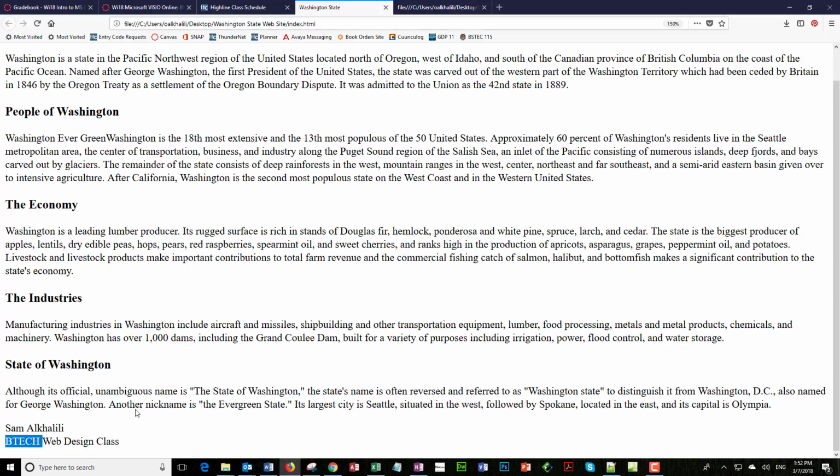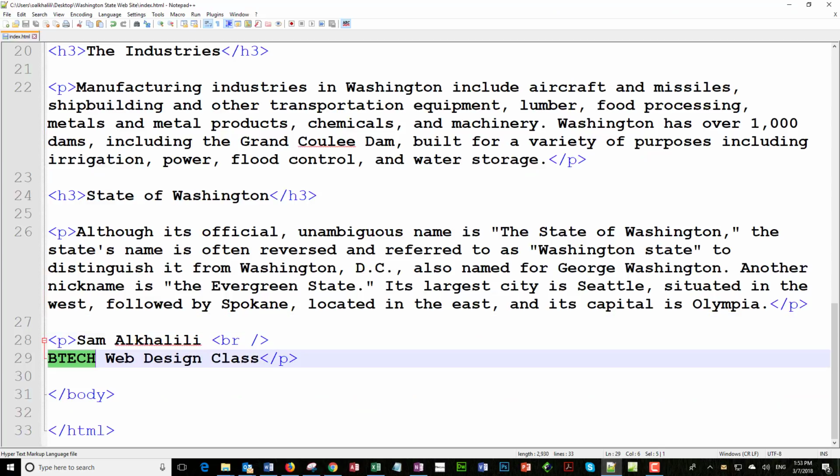I'm sorry, that's supposed to be this text. Let me change that. Also, I need to change it on my handout. So now I'm going to go ahead and change it in Notepad++ from BizTech to BizTech. BizTech used to be our old name. Save it,